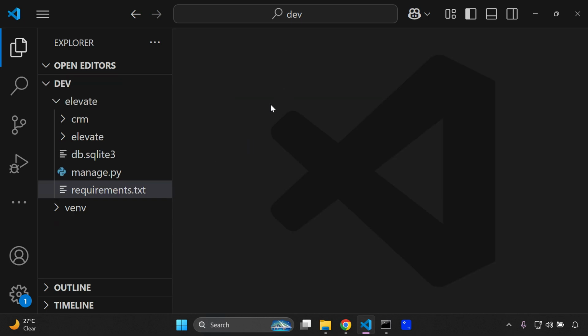Now that's important for Docker so that it has the relevant instructions to install all of the packages into your Docker image eventually. Okay. Next thing that we're going to do is to create a Docker file within our